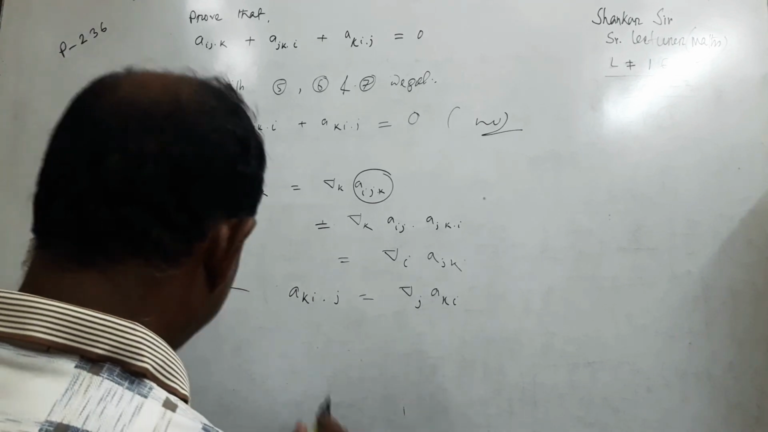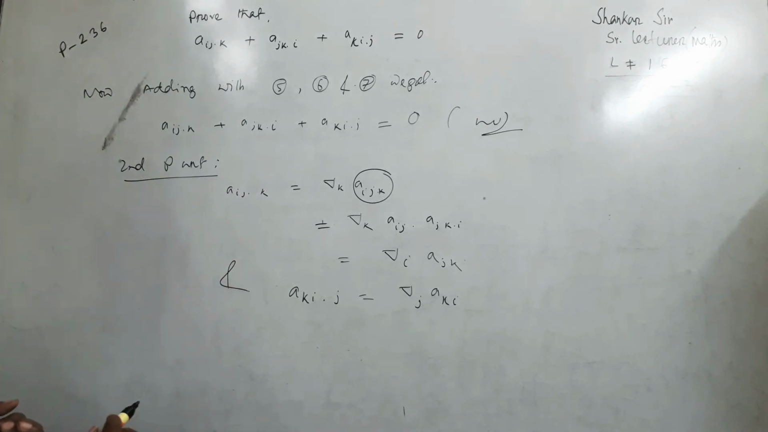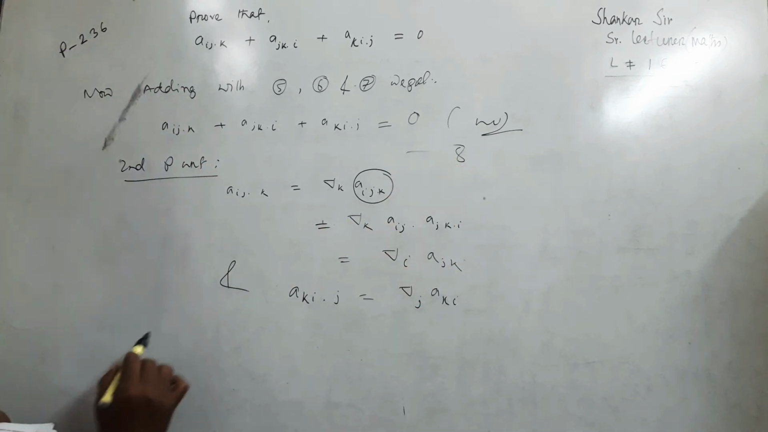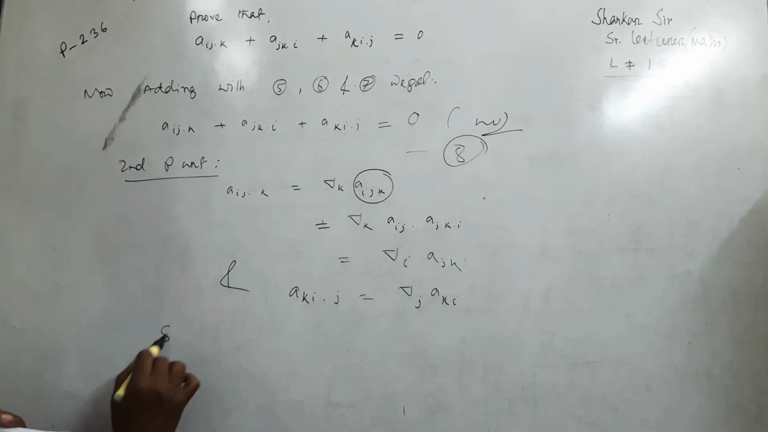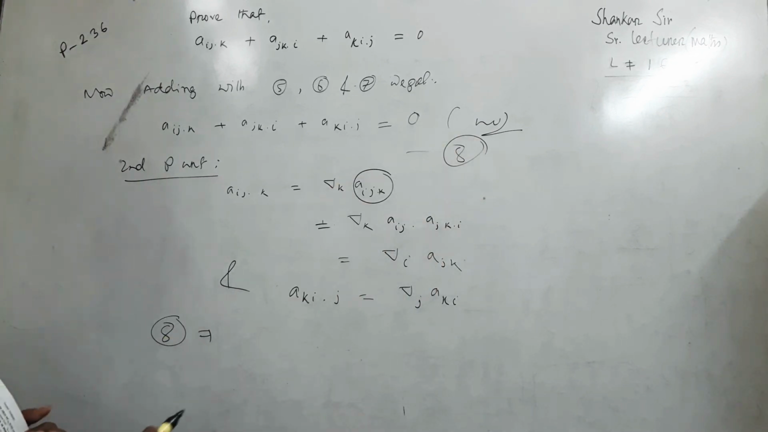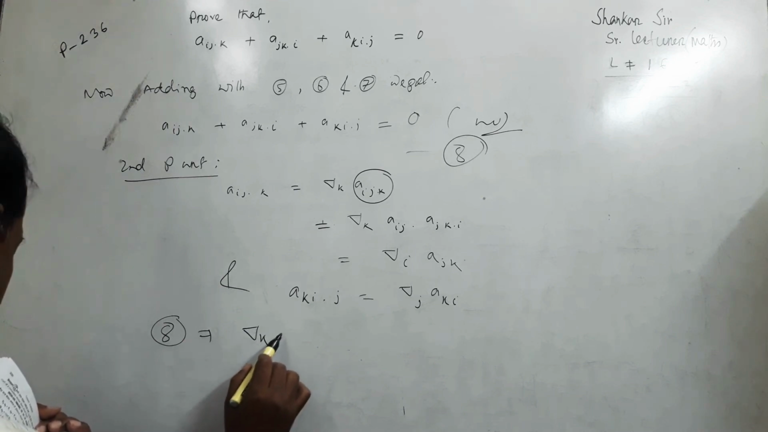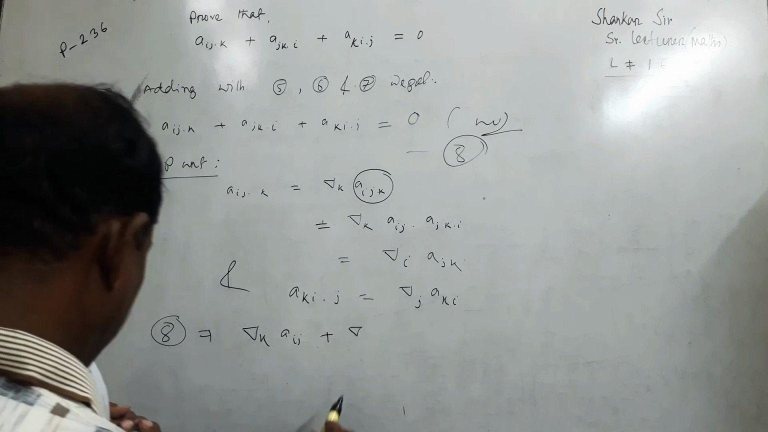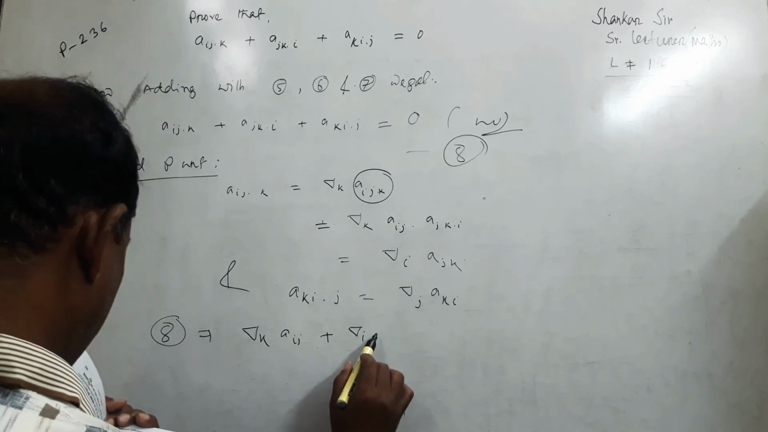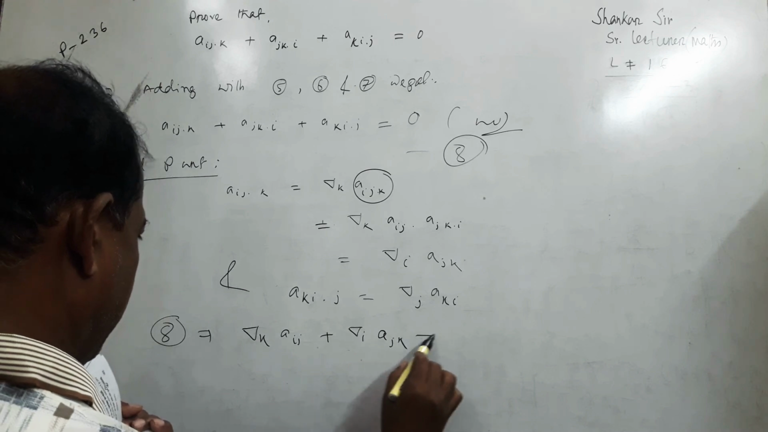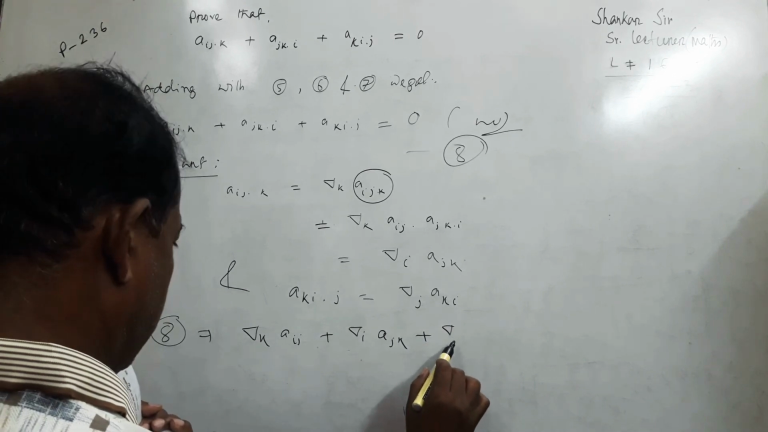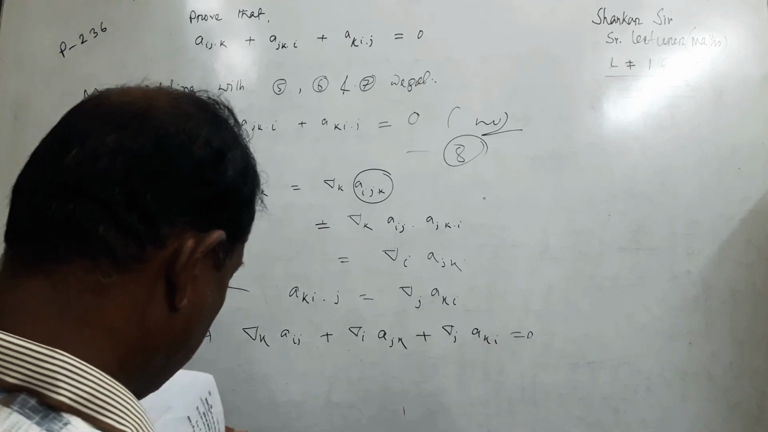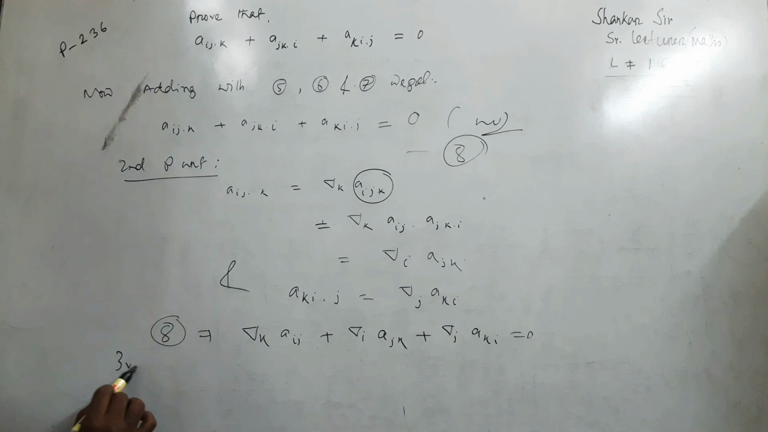Okay, and this rules is number 8. So it implies that del k a i j plus derivative of del i into a j k plus derivative of del j into a k i equal 0. But third part